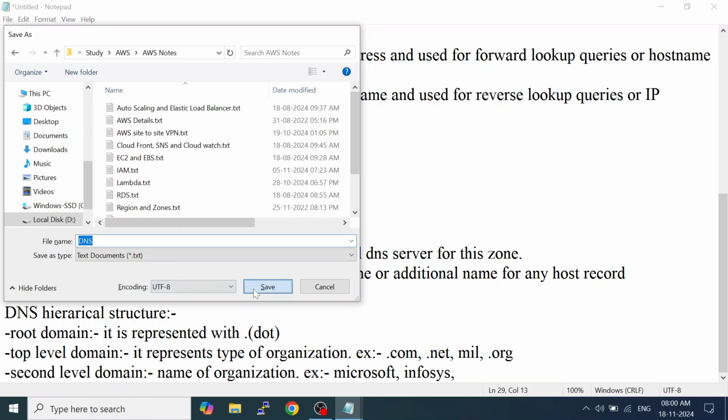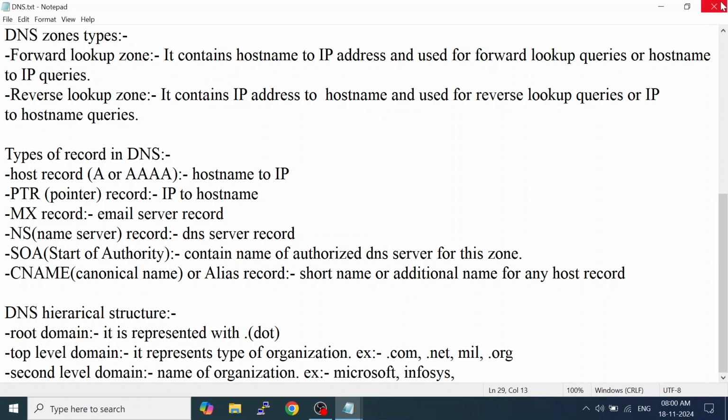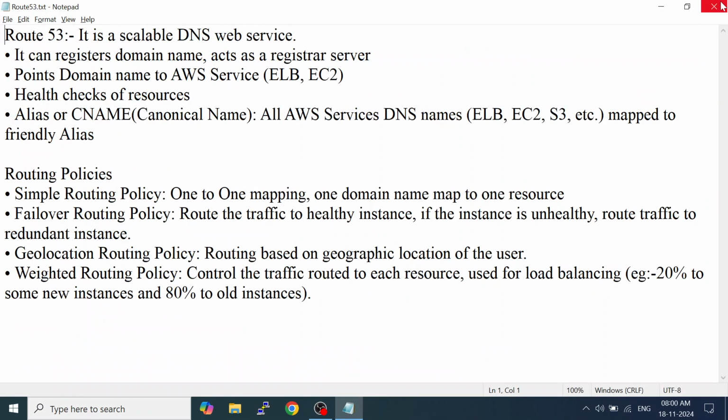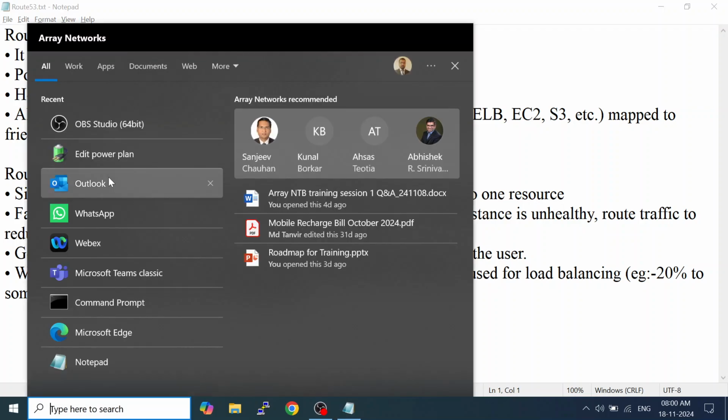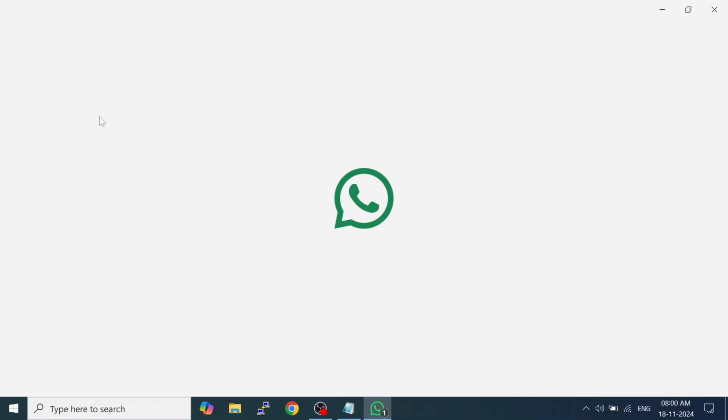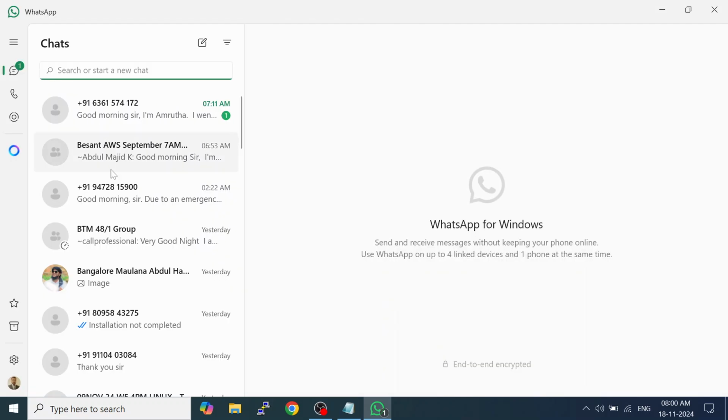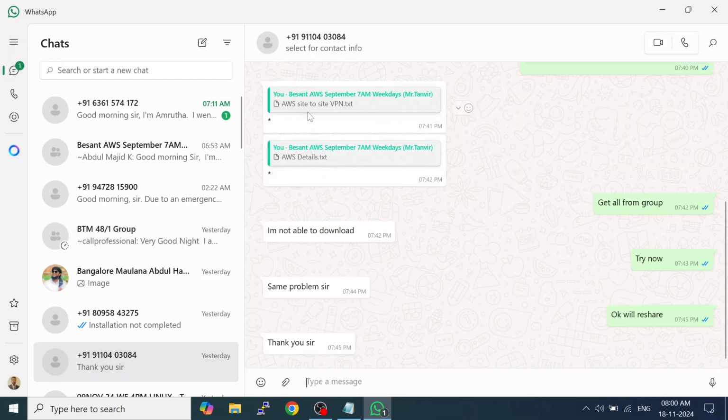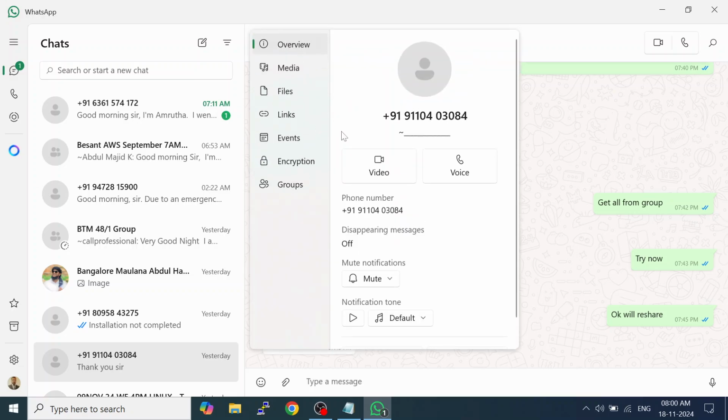And who messaged me yesterday for these notes? That note is not accessible. We are not able to download.